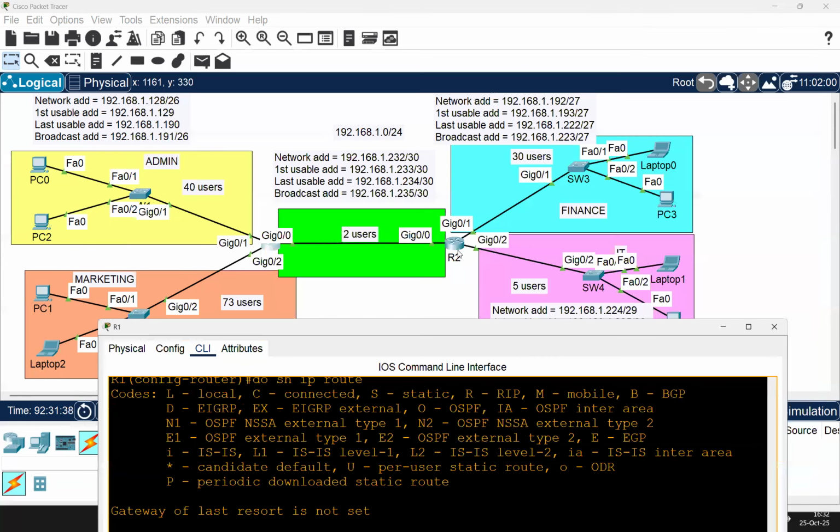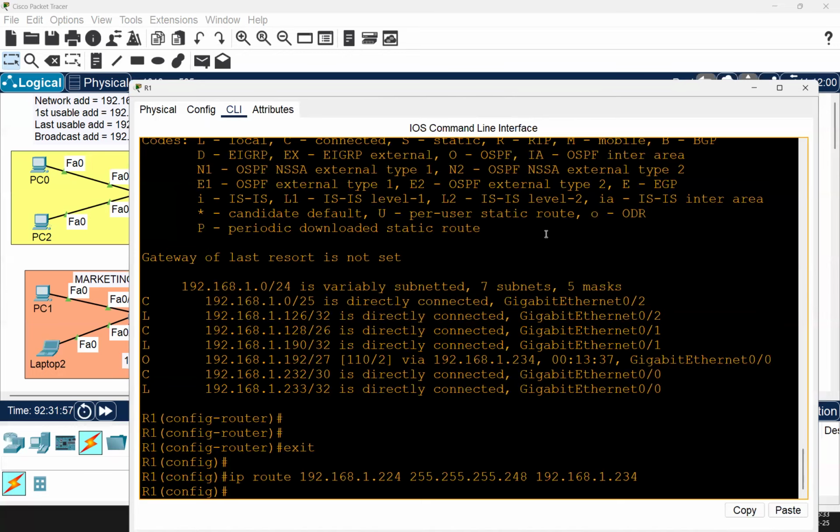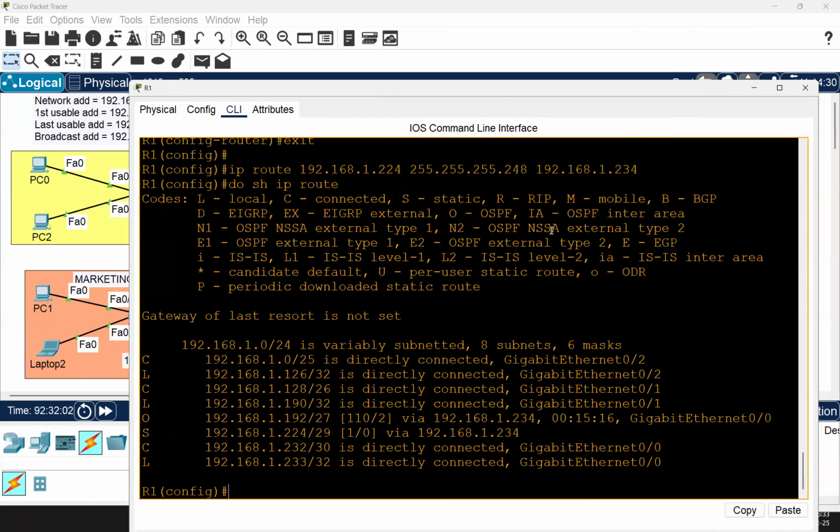The next hop address is the address of this interface here. So that interface's address is 192.168.1.234. And that should add a static route. So we say do show ip route. Now there is this static route to this destination here, to this particular